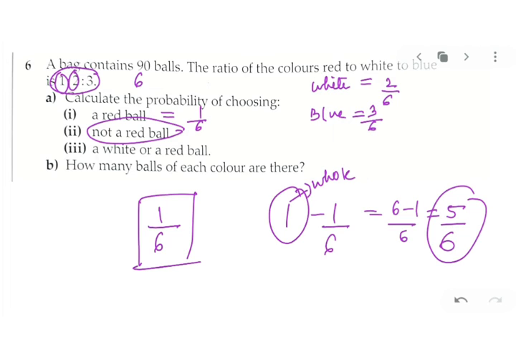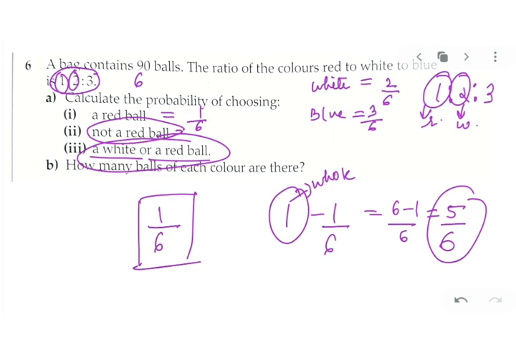Now you have next as a white or a red ball. It can be white or a red. Now, as we have seen in the question, it says calculate the probability of choosing a white or a red ball. Now the ratio is given as 1:2:3, and this is your red and this is your white. So red or white, that means your probability will be the addition of these two, that is 1 plus 2 upon total, that is 6. That will be 3 upon 6, and you can reduce, and that will be half. Clear?